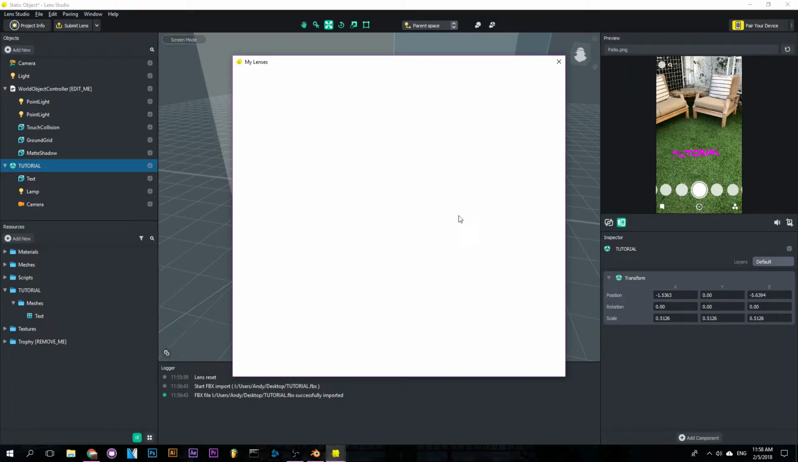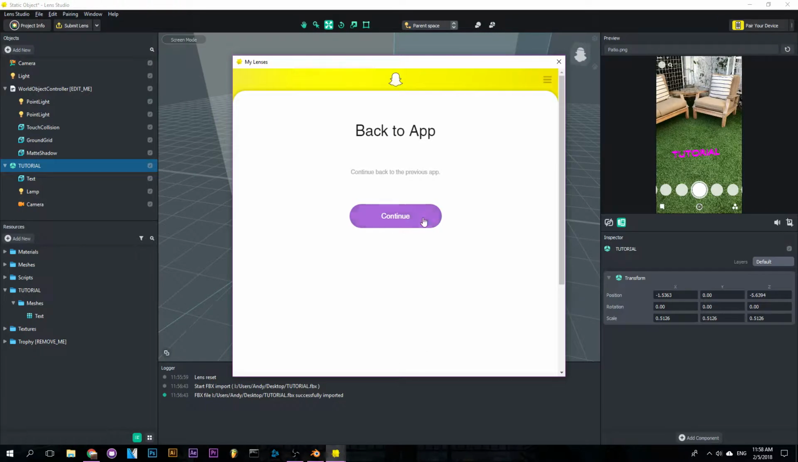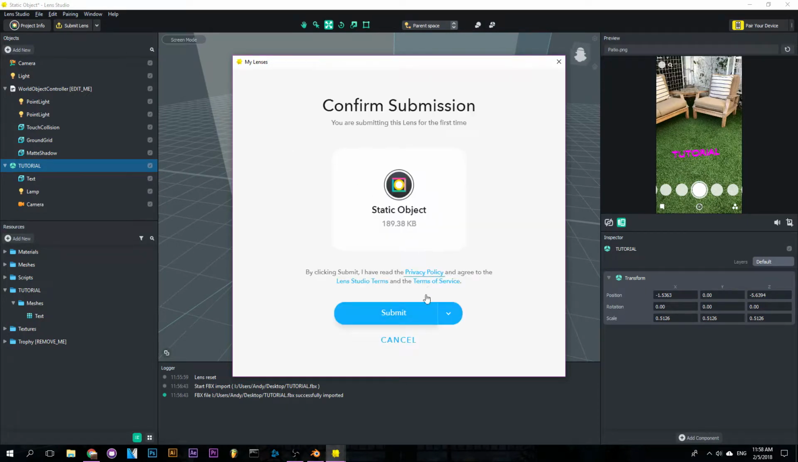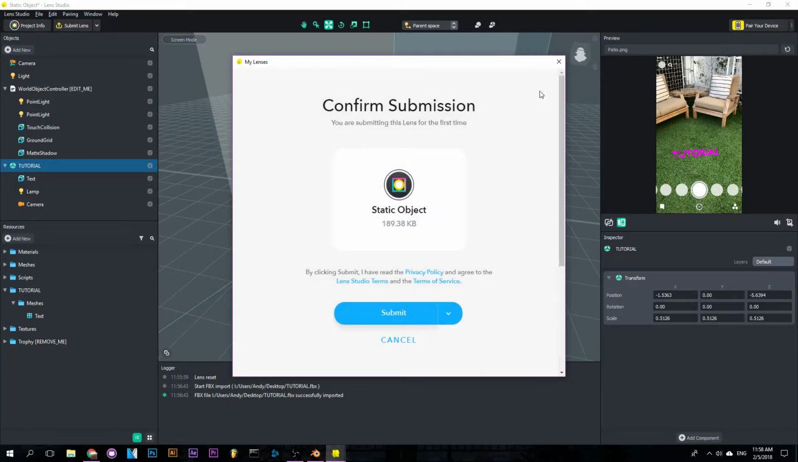It'll bring it up and make you sign into Snapchat through your computer and everything, and it's a very straightforward process. It'll just make you authorize Snapchat after you log in with your credentials, and then it'll go to submit, and I'm not going to submit this because it's stupid and nobody would actually use it, but that is how